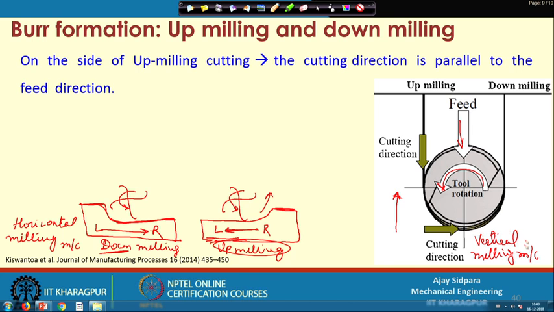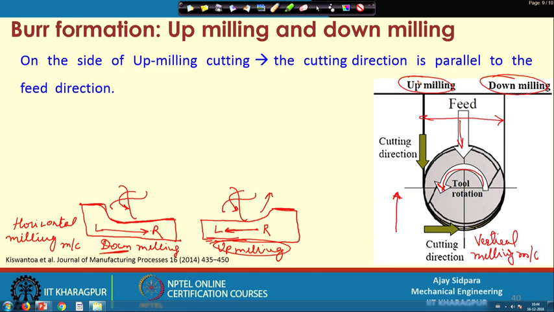But if you talk about the vertical milling machine, you will encounter both things in the same process if you are machining a slot cut. So, this is called slot cutting. This is the width of the slot and the depth, depending on the parameter settings. Now, if you see this diagram, here it is written up milling and here it is written down milling. That means both will be encountered in a single machining operation.